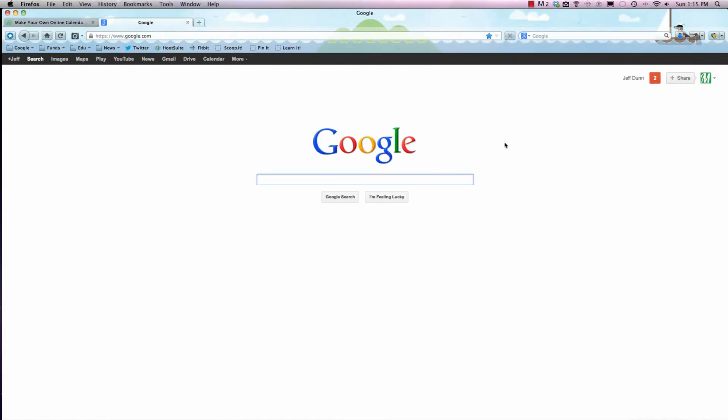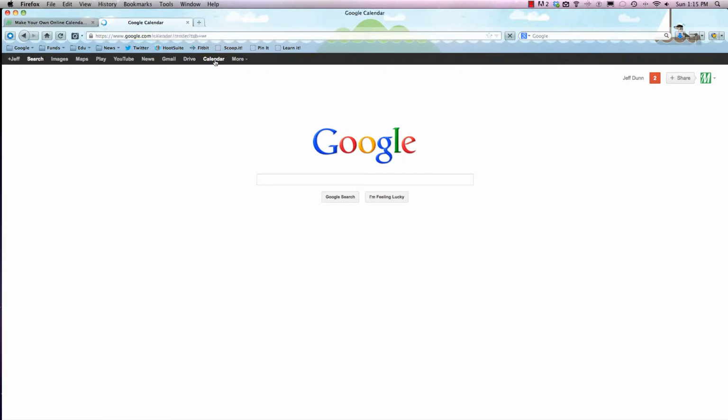You don't need to have any technical skills or really know much about online browsing to have your own digital calendar. It'll work on a smartphone if you have a smartphone, but really you can use Google Calendar for just about anything. And it takes almost no time to set up. So all we're going to do is go to google.com